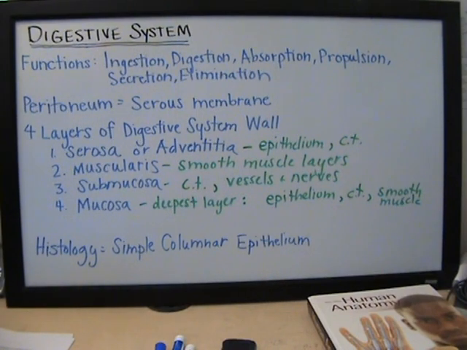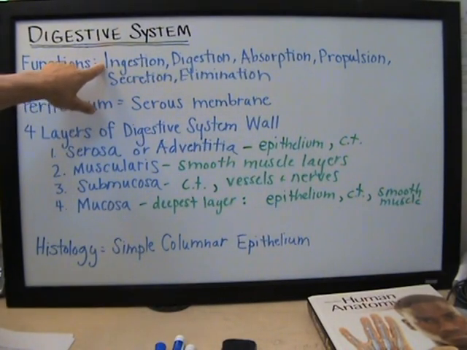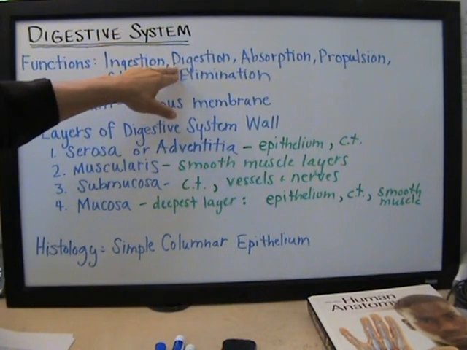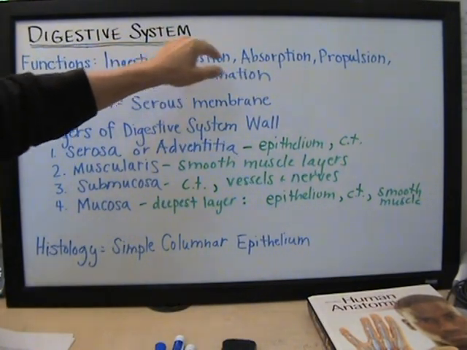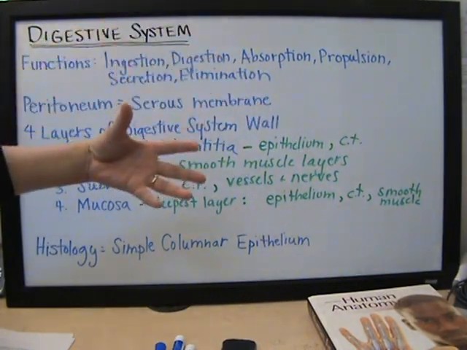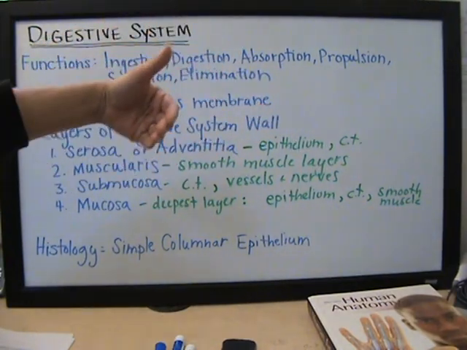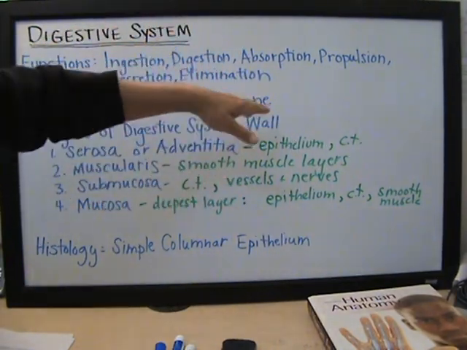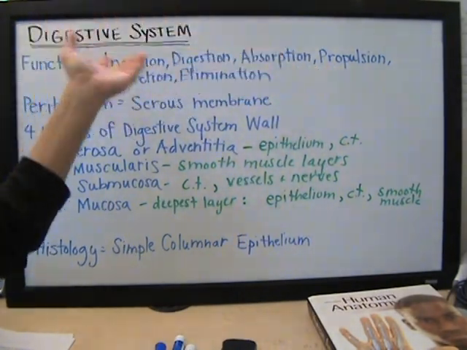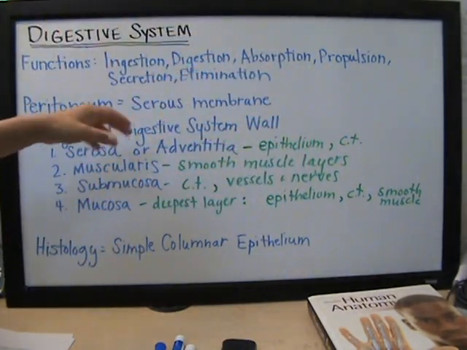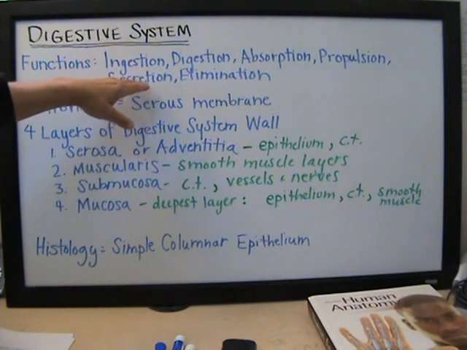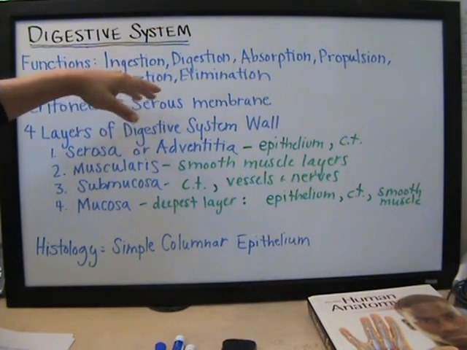Today we'll talk about the digestive system. A few functions of the digestive system: ingestion, we need some means to take in the food; digestion, which is the breakdown of that food; absorption, which is the traveling of that food from the digestive system into the blood; propulsion, which is movement of the food along the digestive system;